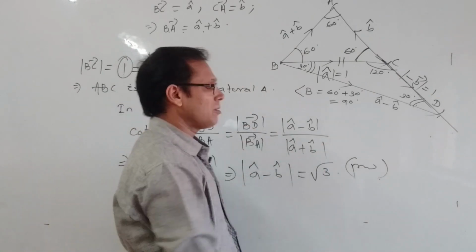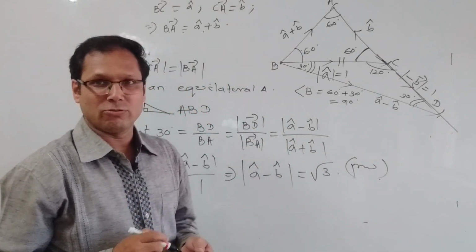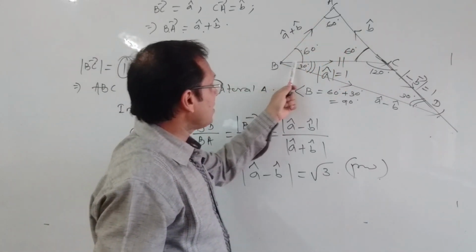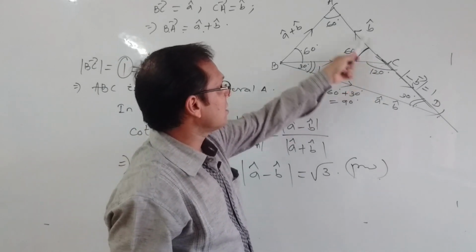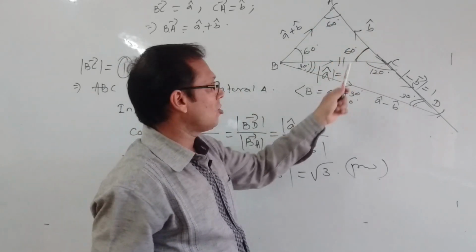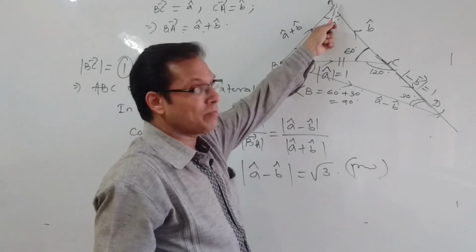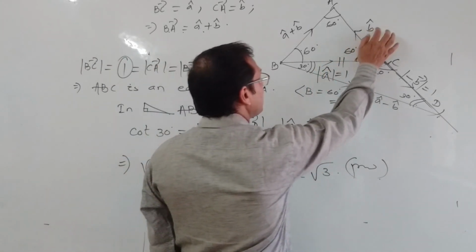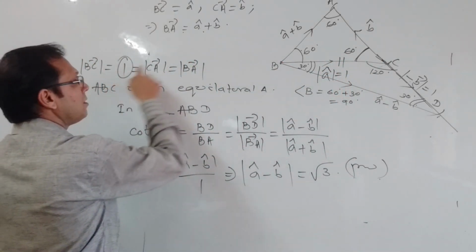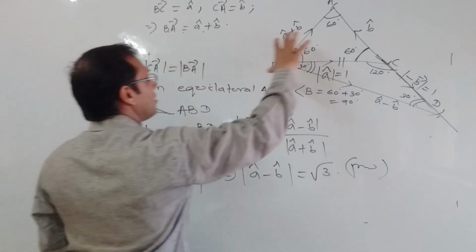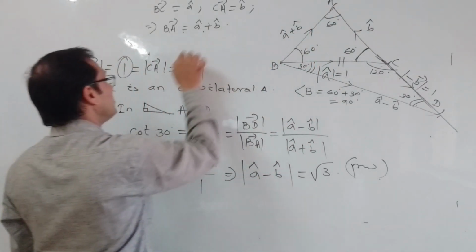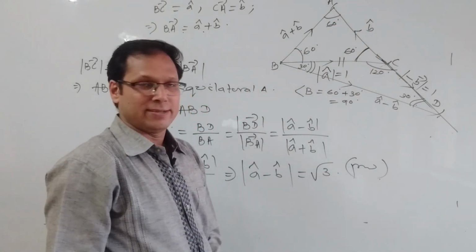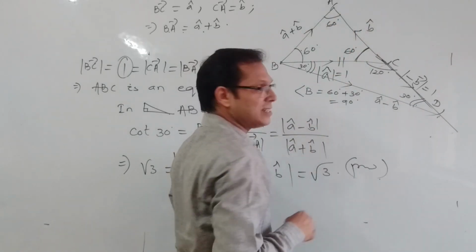So for the notes, for fair notes or PDF notes, you can go through the description box. Again I am telling what is given, that is this one is, suppose, A vector A cap and this one is B cap. These two are unit vectors. The sum of two unit vectors is also given as another unit vector. So modulus of A cap is equal to 1, modulus of B cap is equal to 1, and modulus of A cap plus B cap is also 1. That means this triangle itself is an equilateral triangle. So each of the angles is equal to 60 degrees.